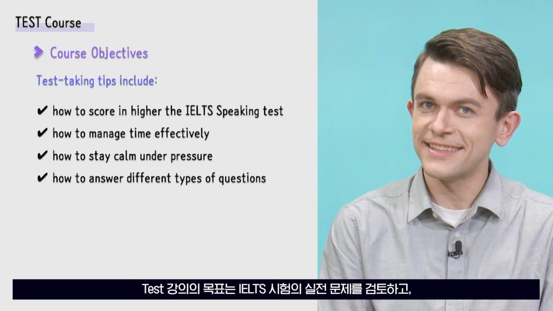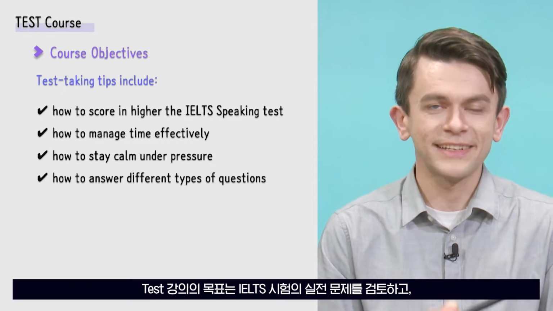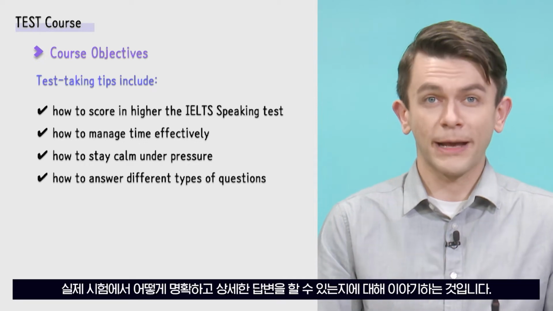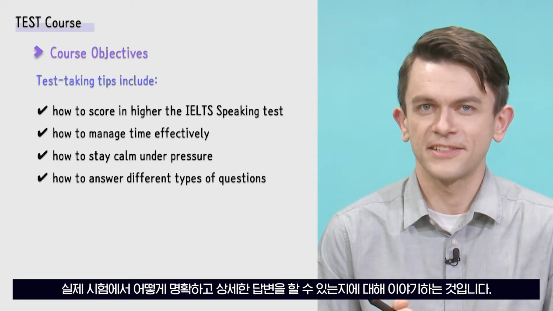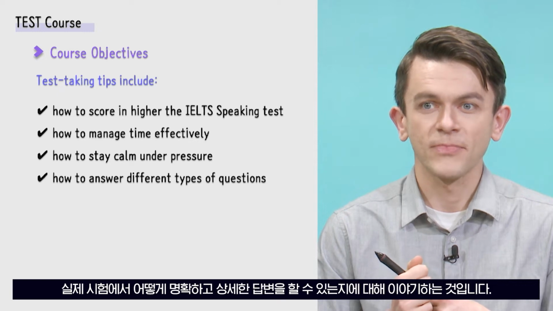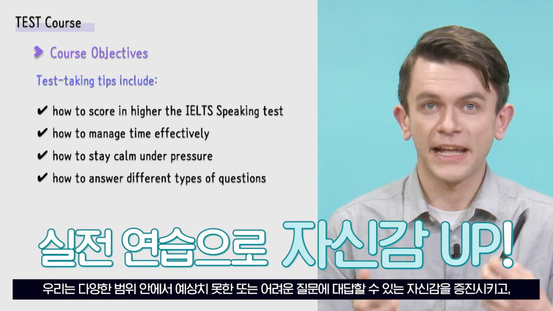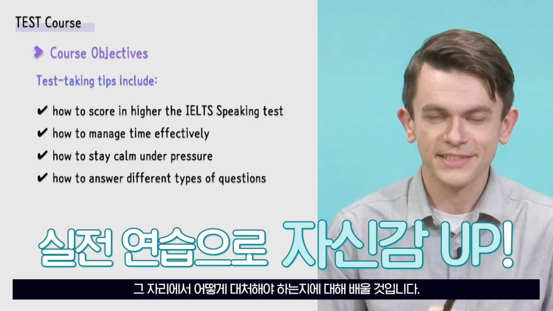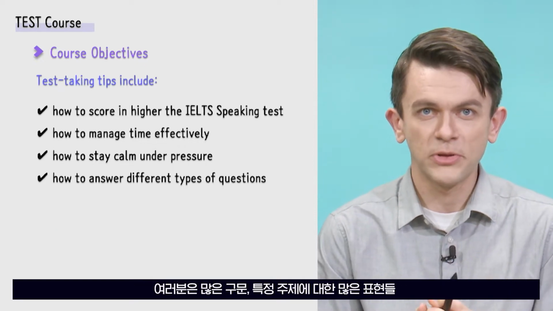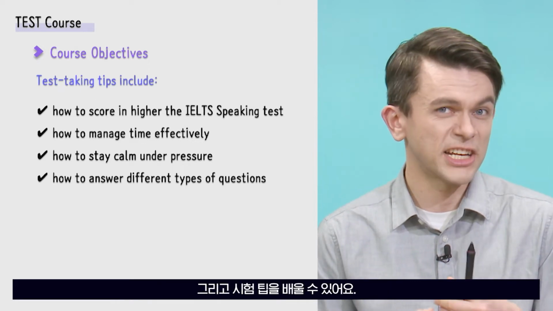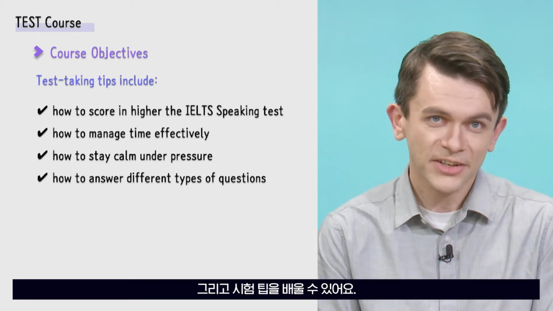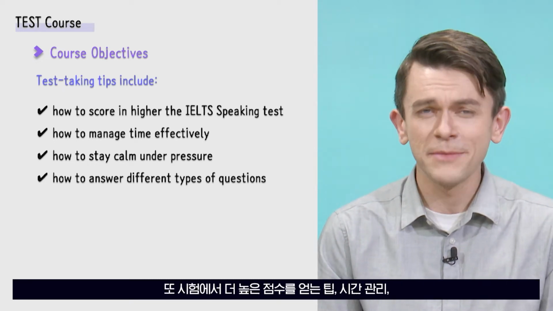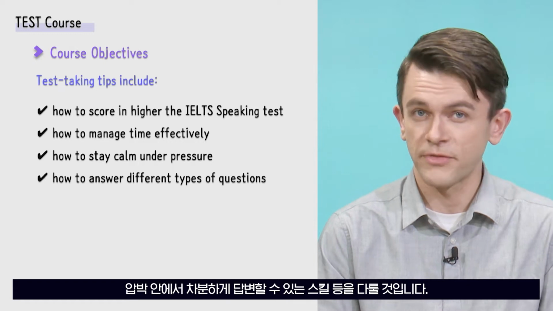So our objectives in the test course are to examine realistic style exam questions for the IELTS and talk about how to produce clear and detailed answers on the real test. We're going to increase your confidence with answering these unexpected or difficult questions on a range of topics and how to do it on the spot. I'm going to give you lots of phrases, lots of language to help you on these particular topics and some general use stuff and tips to tackle the test. Okay, so tips there, scoring higher, managing your time, staying calm under the pressure